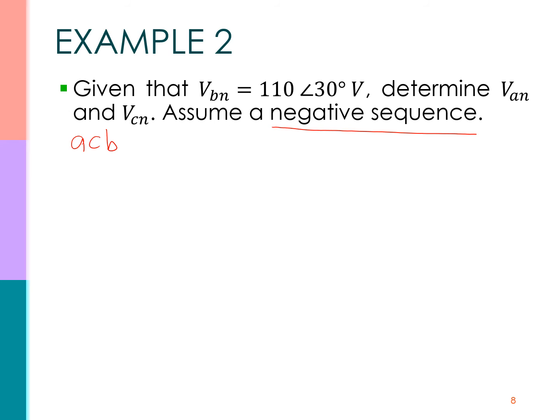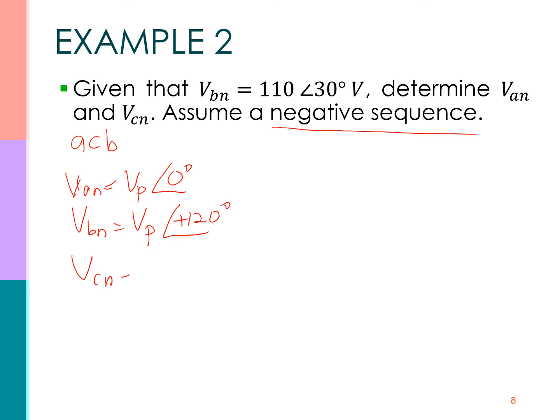Okay, we know in ACB sequence, VAN equals V peak with 0 degree, VBN V peak with plus 120 degree, and VCN equals V peak with angle minus 120 degree. Okay, so since VBN is 110 with 30 degree volt,